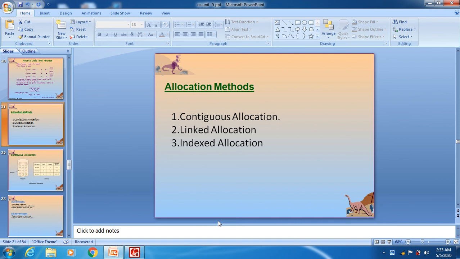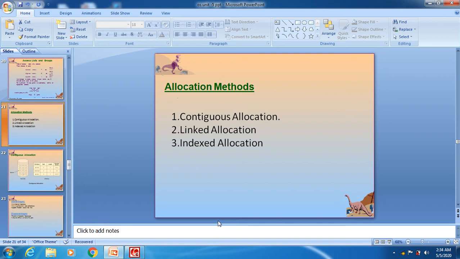Students, in this video we will discuss the allocation methods. Allocation method means file allocation methods. Once you create a file, the operating system must allocate a space to the file in the disk. So what do you mean by file? A file is nothing but a collection of related information which is stored in a secondary storage device like a hard disk. Whenever I write a file, the file will be saved in the hard disk. In order to save the file, first the operating system allocates a space to the file in the disk.